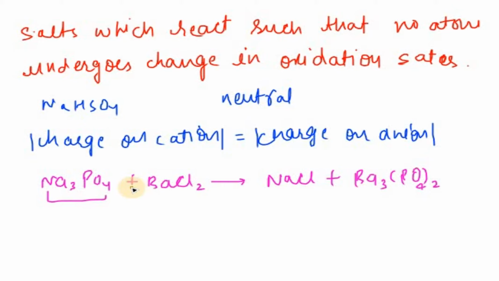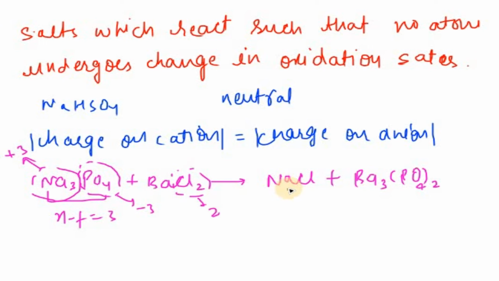Now just look at this case. Here we know all the cations are replaced. So without balancing, if we want to talk about the n factor, we know barium has replaced sodium, and sodium has replaced barium. In that case we will be writing here n factor is 3. How is it 3? Because the negative charge here is minus 3, and the total positive charge here is plus 3. They must be equal, so we will be writing its modulus. Here what is the n factor of barium chloride? It is 2. Here n factor of NaCl is 1, and here n factor of Ba3(PO4)2 is